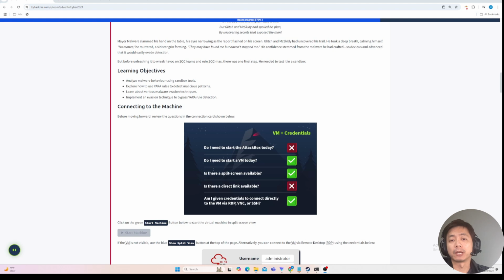Today is gonna be another day of TryHackMe's Advent of Cyber 2024. We're gonna be doing day number 6, which is about sandboxes, and we're gonna learn about YARA, which is a very popular EDR tool. EDR stands for Endpoint Detection and Response, which is widely used in cybersecurity to monitor and detect malicious code running